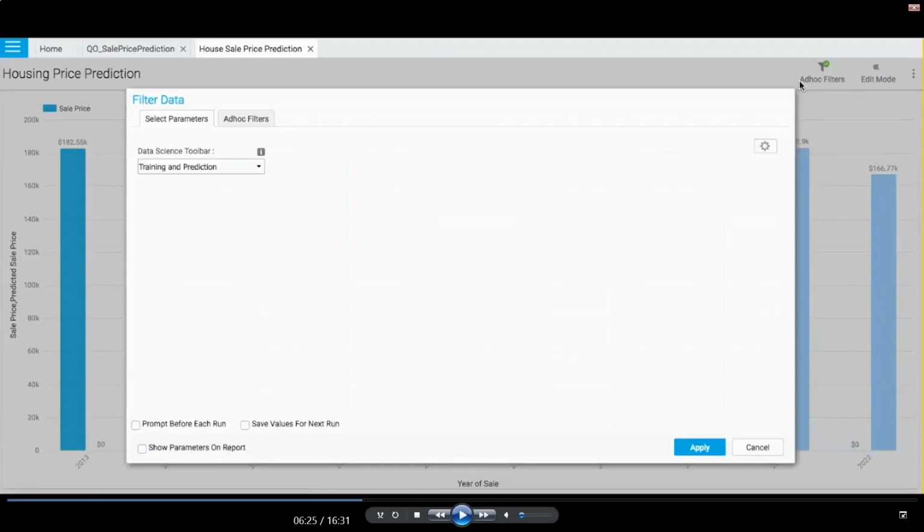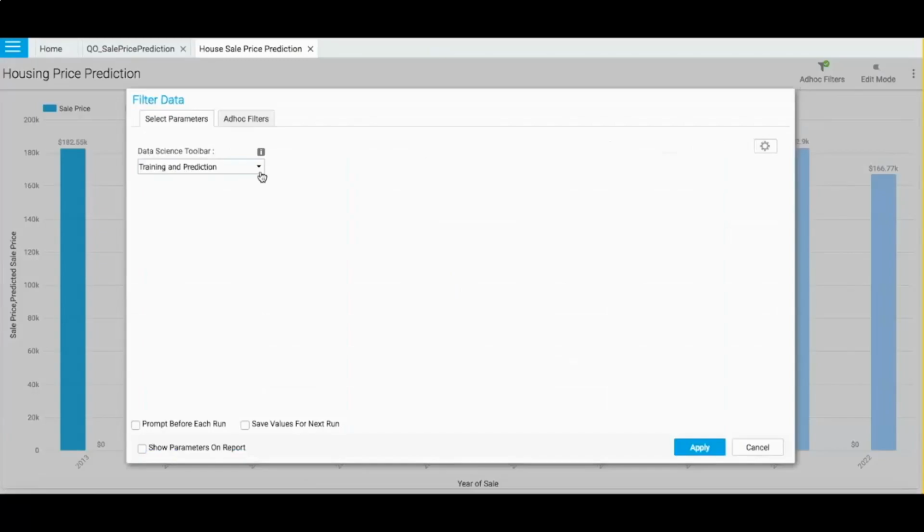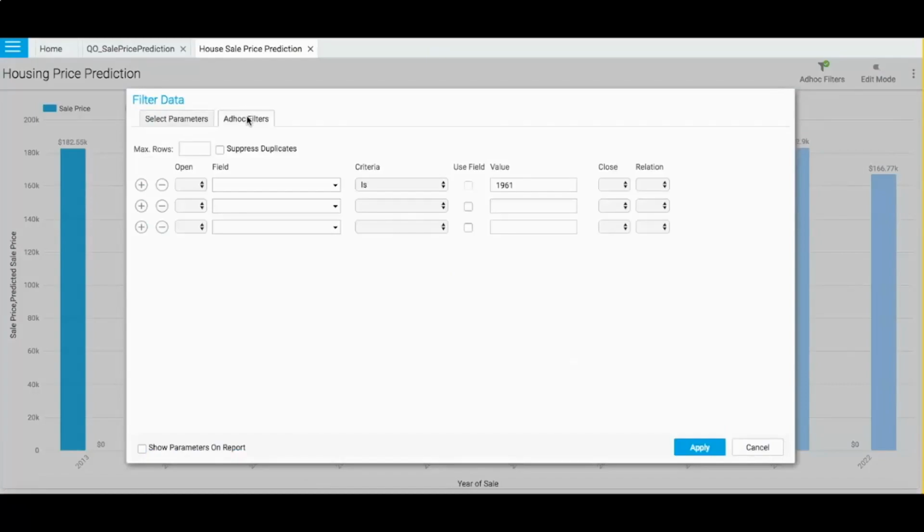How should I use the data science engine right now? The first stage is what we use: training and prediction at the same time. Now I get an option to either use it only for prediction. If the model is already available, I don't want it to train again. Now use the model to predict on a subset of data. So now let me apply some filter and select the fields.